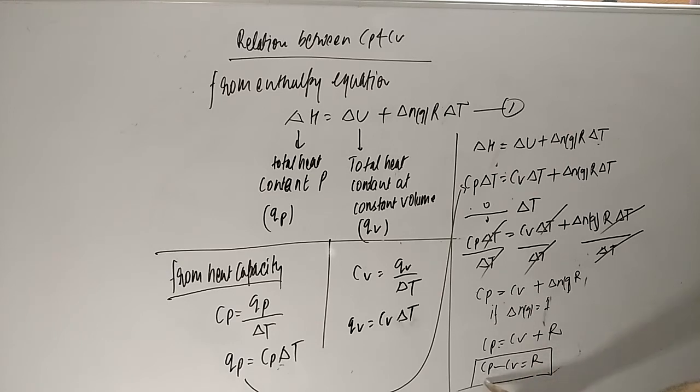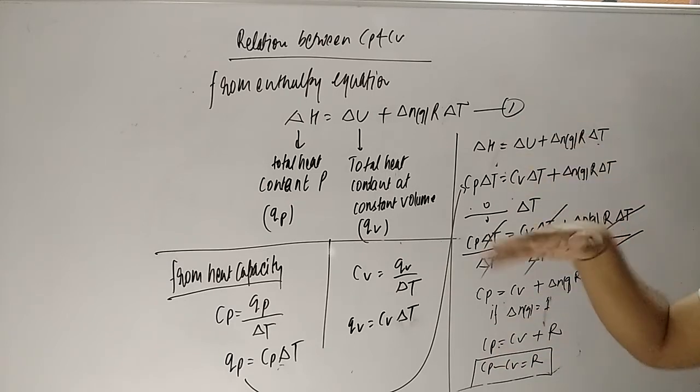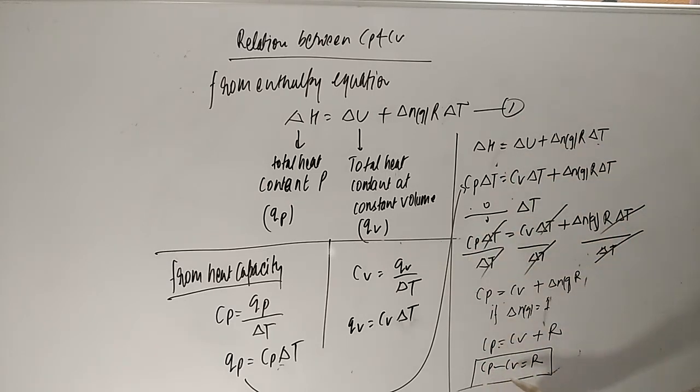Why is Cp greater in this equation? Because at constant pressure you have to do work, against the constant external pressure, since you can expand or compress, so the energy will be high. But at constant volume you can't do any work, only internal energy is involved, so it will always be less. How much less? Equal to the gas constant.